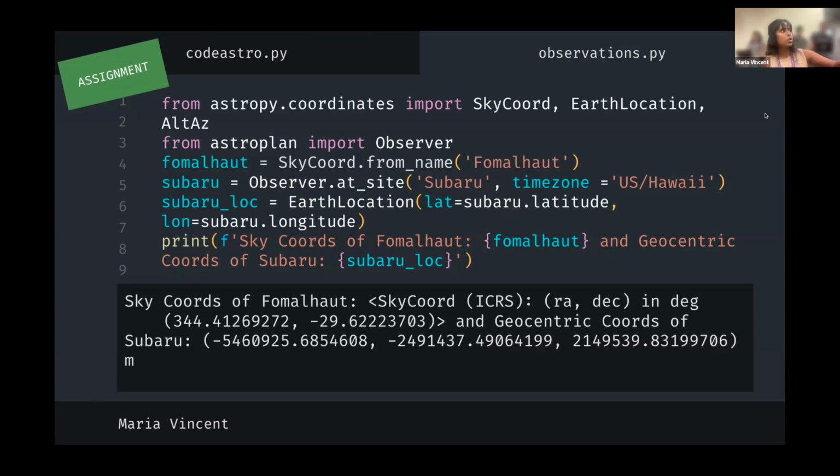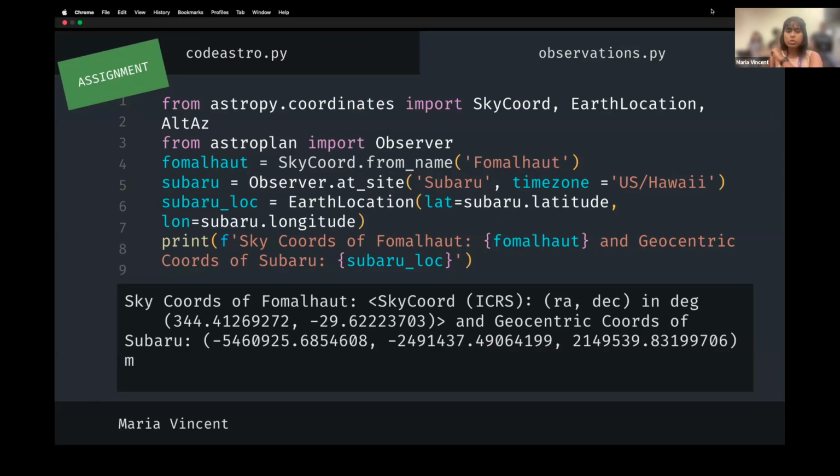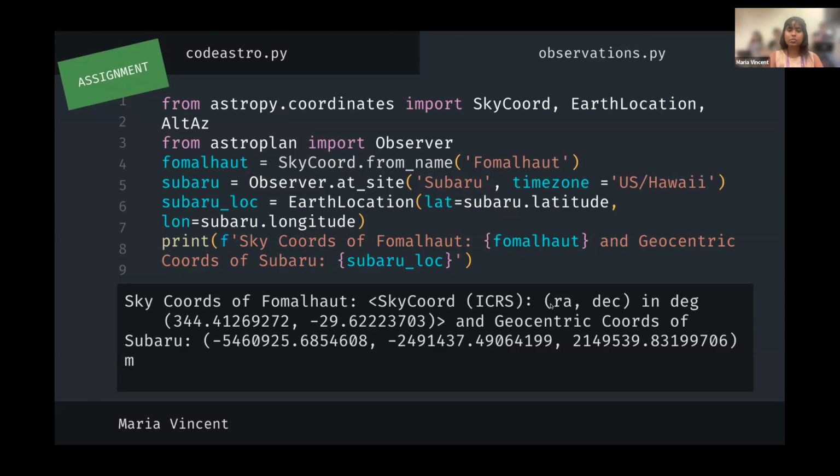So you can use observer.at-site, or you can use what, sorry, how do you pronounce your name? Ocean, okay. Yeah. And yeah, so Ocean suggested the very easy way. It's EarthLocation.of_site, you said? Yes. Okay, EarthLocation.of_site, and then in brackets, you enter Subaru, and it will give you the information